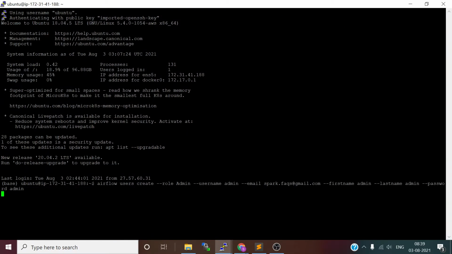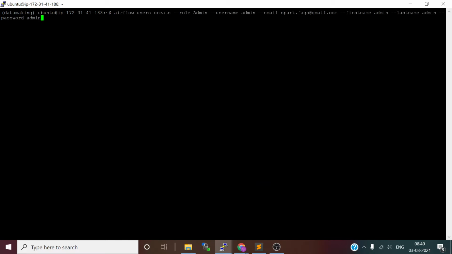In the other terminal: airflow command not found. I am not in the virtual environment, so I run source activate data making, our Python virtual environment. Now run the command. It says admin user admin is created.